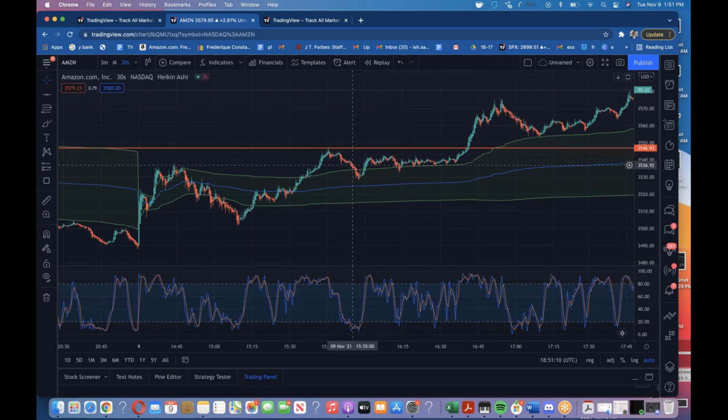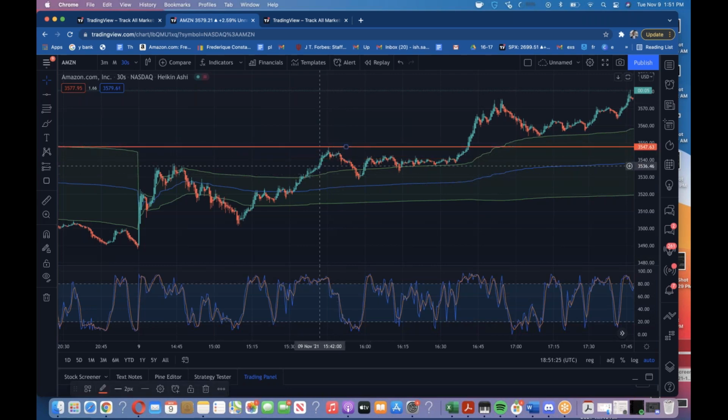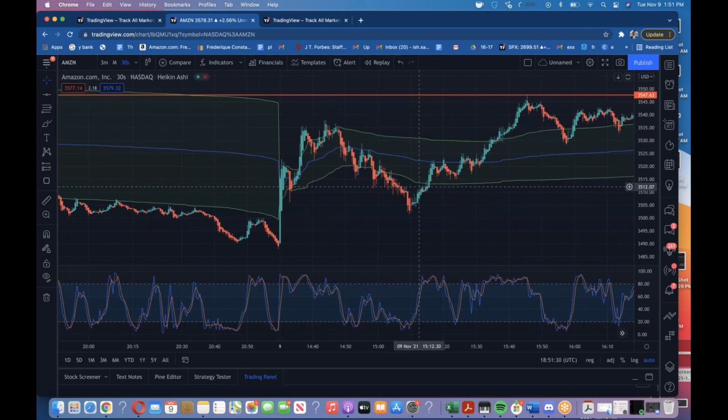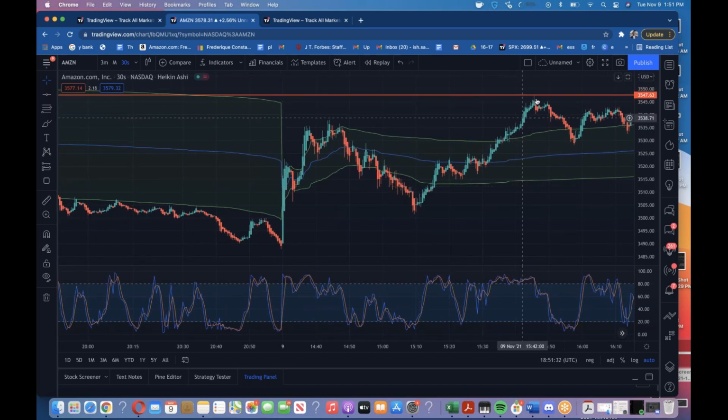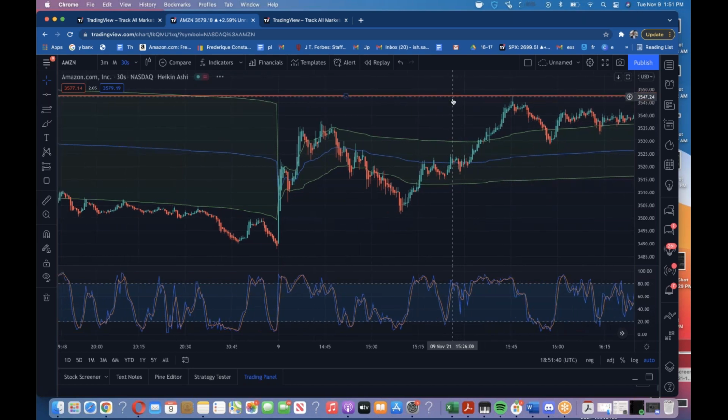And then we got the pullback here, because we don't want to chase. That's a big thing. I know a lot of people struggle with that in day trading: how do I avoid chasing? How you avoid chasing with this strategy is that you wait for the opportunity. So we're looking to potentially long Amazon, but we don't want to long it on green candles. We want to time it a little bit better and potentially buy the dip, right? So when we break out of this high of day,